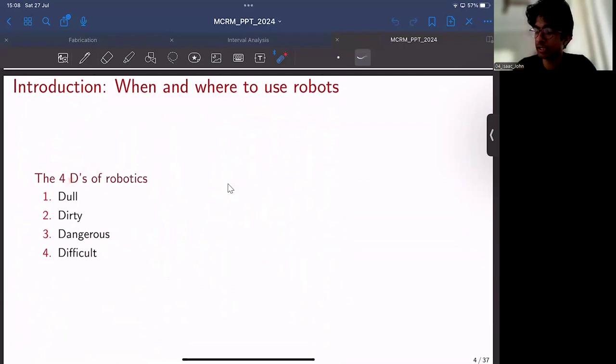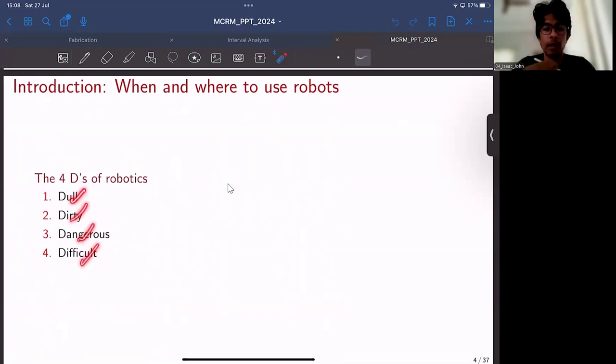As you can see, these are the key areas where we would deploy robots: where the tasks, if a human were to do them, are considered to be dull, dirty, dangerous, or difficult, we could replace a human being. It would seem more ideal or appropriate to replace a human being with a robot to perform tasks which are dull,